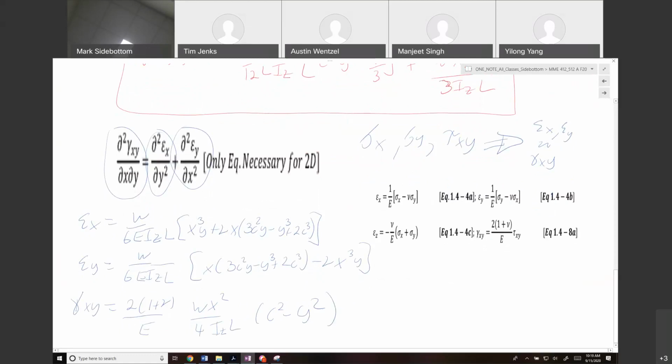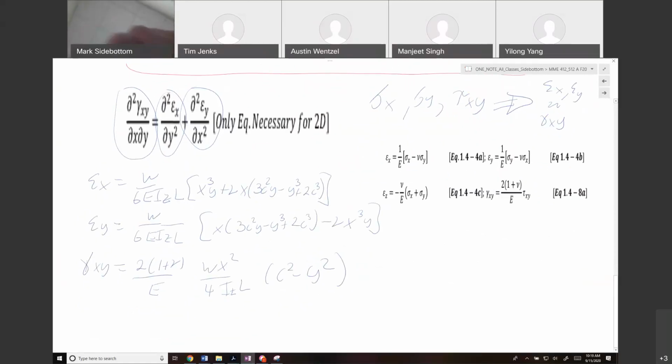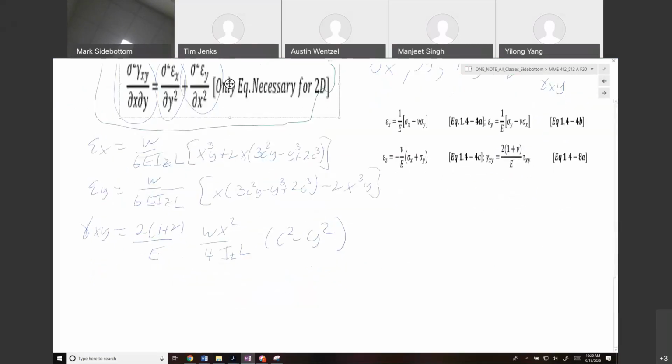Okay. So all we're going to do now is use our compatibility equation, and we're going to solve for each of these three terms, gamma xy, epsilon x, and epsilon y. We're going to determine whether or not they will be equal for every value of x and y. So if we do that,